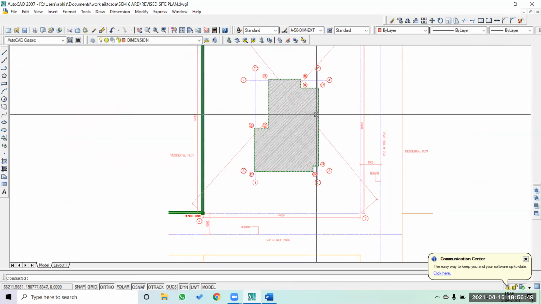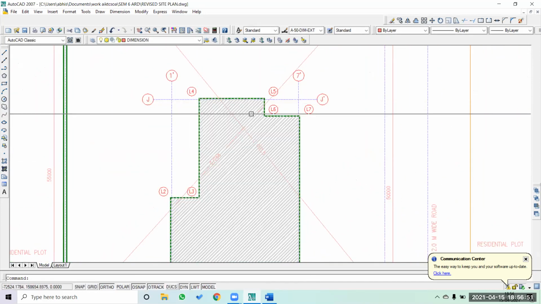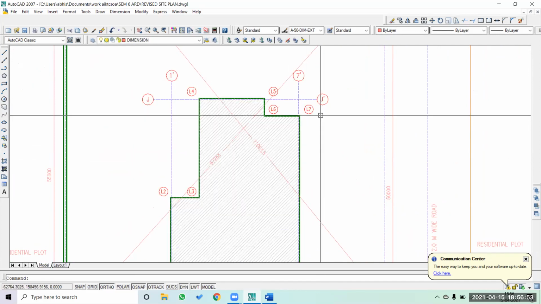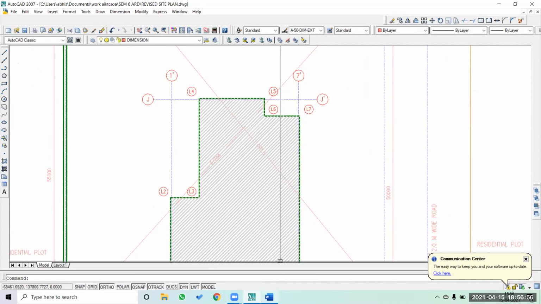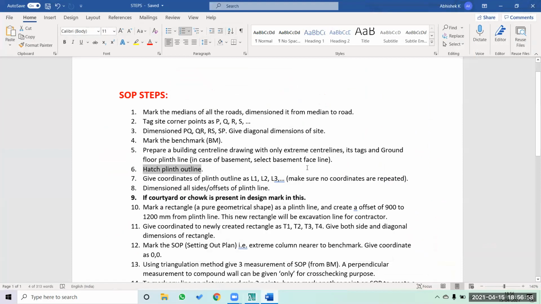Okay, so this is how we have given the coordinates to the plinth line which we have. That completes step 7.